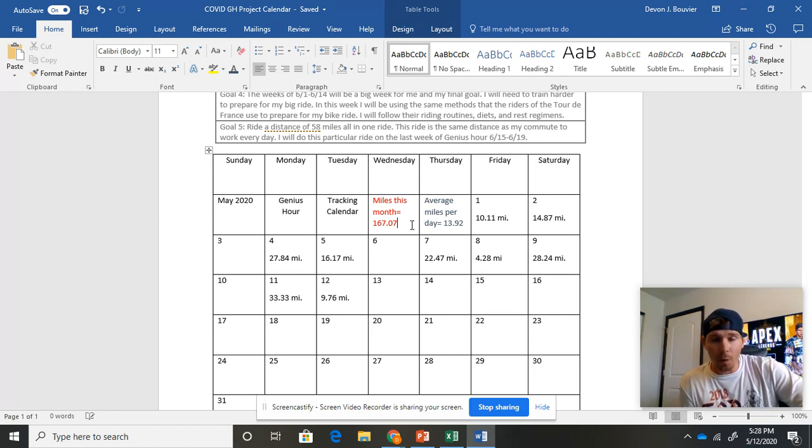Like, for example, once I put in all this data on this tracking calendar, it makes me a little bit more hungry. And what I mean by that is my average miles per day is only 13.92. If I'm riding 15 miles an hour, right? You've got to figure that's less than an hour's worth of riding per day. It's not that much. It opened my eyes a little bit. So what would happen if I made myself average an hour and a half a day? How many more miles on average would I be riding per day? And this is the type of data that kind of helps to not only open your eyes to your own project, but maybe push you in your project as well.